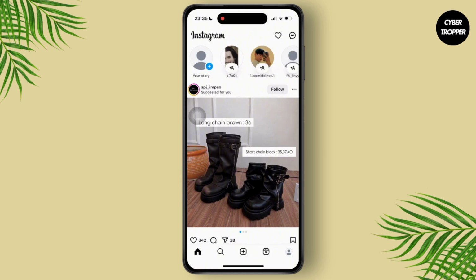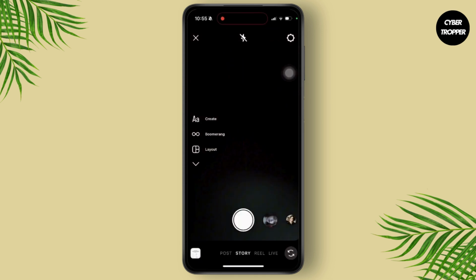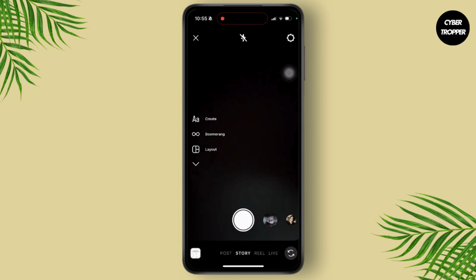Firstly, open the Instagram app on your mobile device and make sure you are logged into your Instagram account. Then simply tap on the Your Story option available at the top left corner of your screen to navigate to your story. Now, once inside the story, you can simply tap on the grid option available there at the left